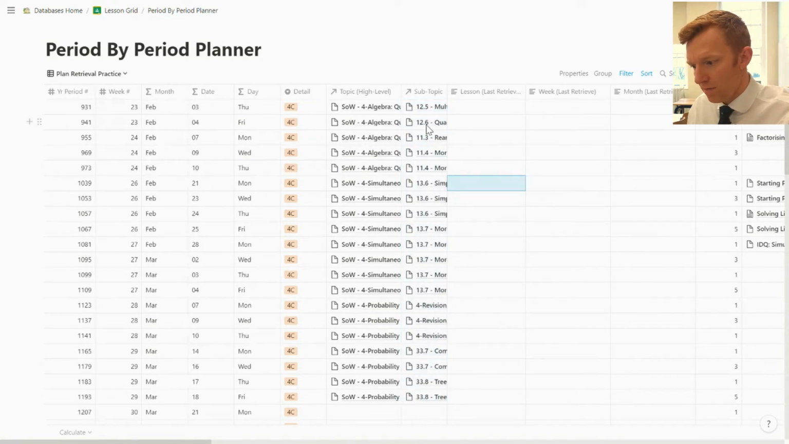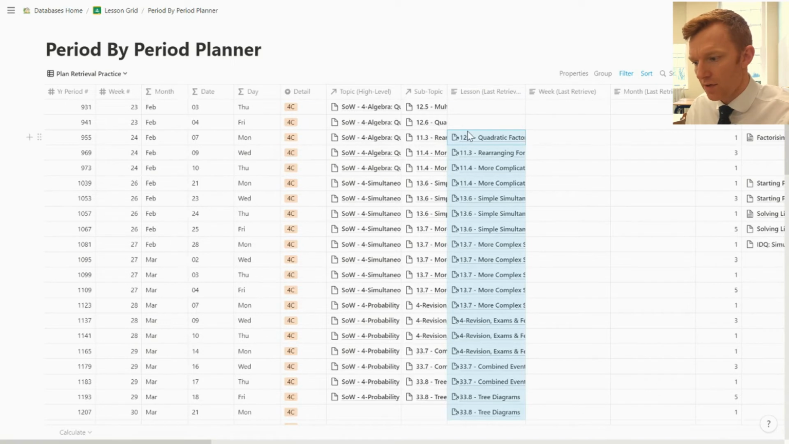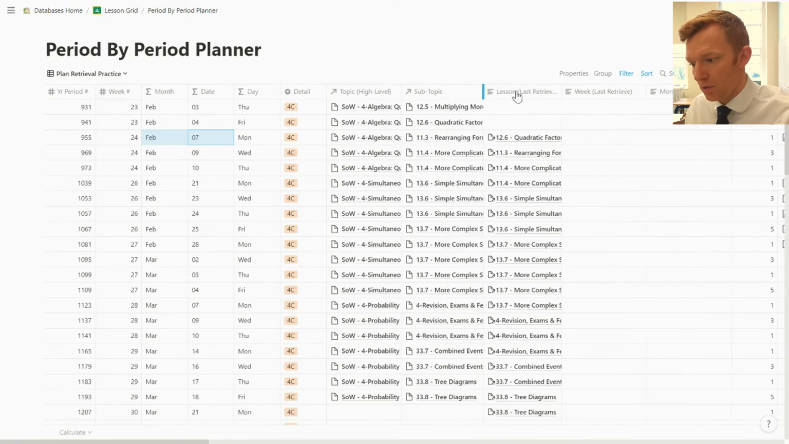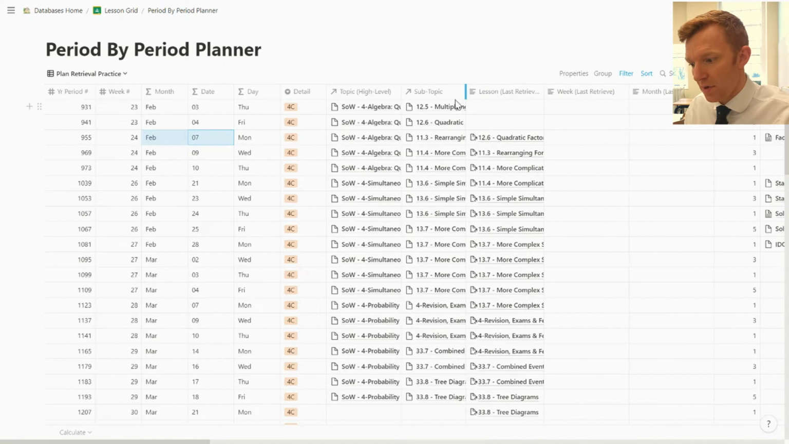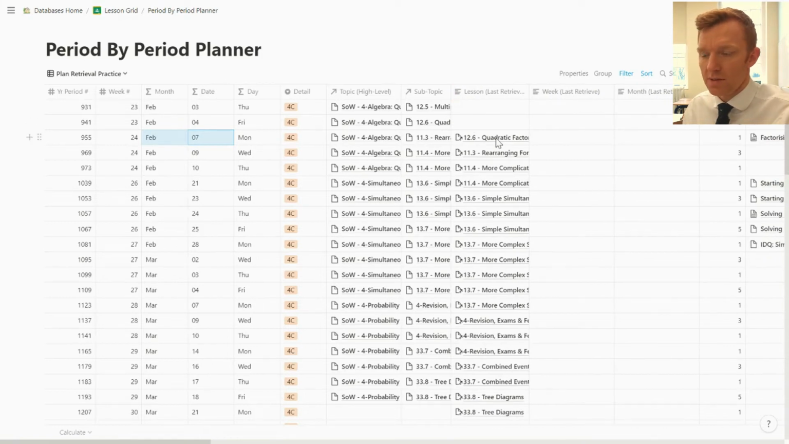And for the lesson last retrieve, I've grabbed all those cells, dragged them, Control C, and then I just come across, move down one row, Control V, and there we have, okay? So I know that, say on the 7th of February, my main topic that I was teaching that day was rearranging formula, but there displayed right alongside it is what I taught the lesson before, quadratic